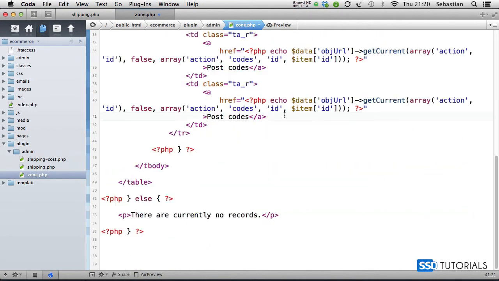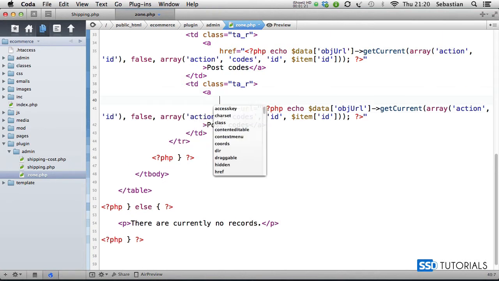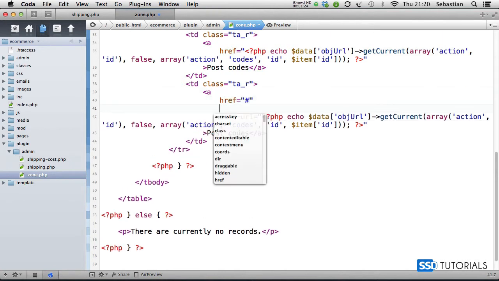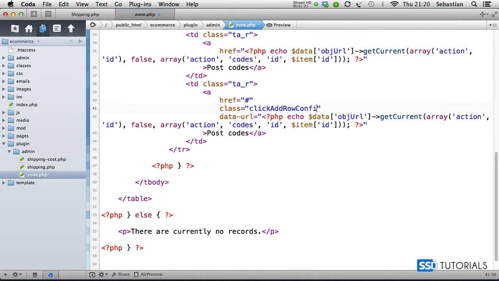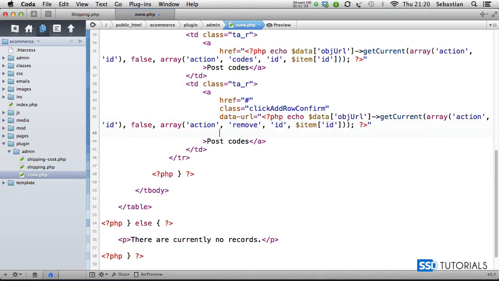If I scroll down, rather than href, we're going to change it to data-url. For the href, we simply put the hash. Then we also add the class attribute click add row confirm, and data URL, what we need to change here, action rather than code is going to be removed, and another attribute data-span equals 3, because we have 3 columns obviously in this table. If we now save it and go to our browser,